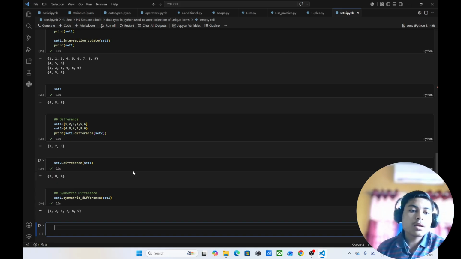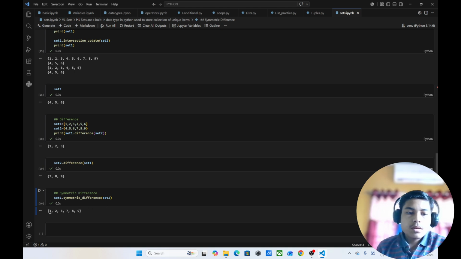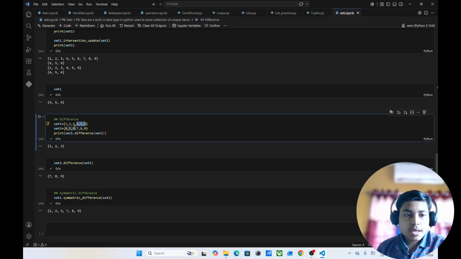Now let's understand this symmetric difference. 1 2 3 7 8 9. Why is it so? Because 4 5 6 is in set 2 as well, and this is known as symmetric difference. This 4 5 6 is exactly similar to the items 4 5 6 in set 1. That's why these two